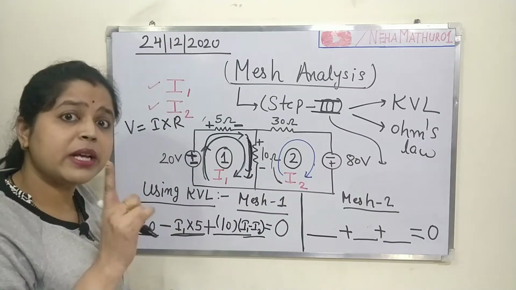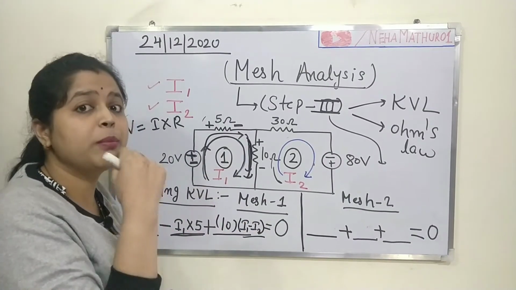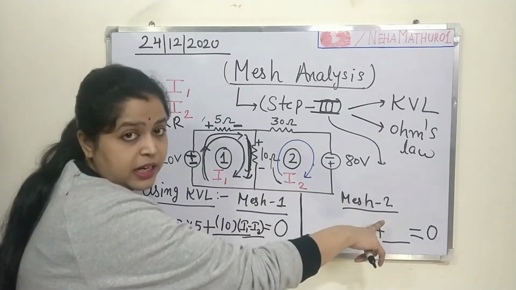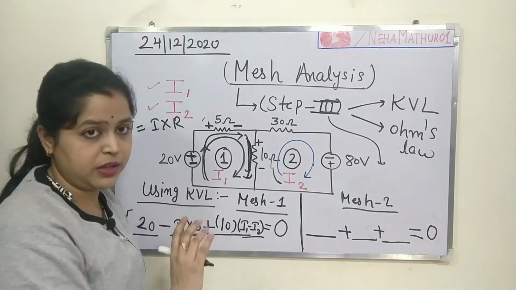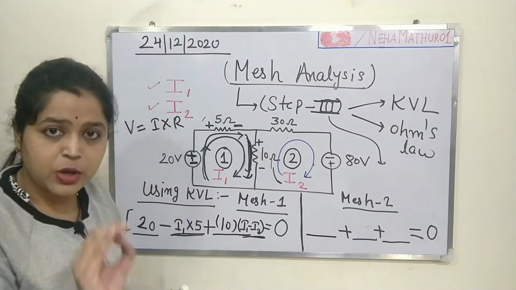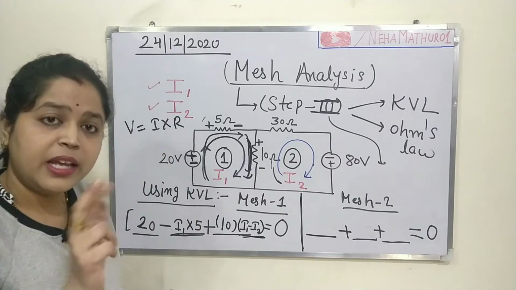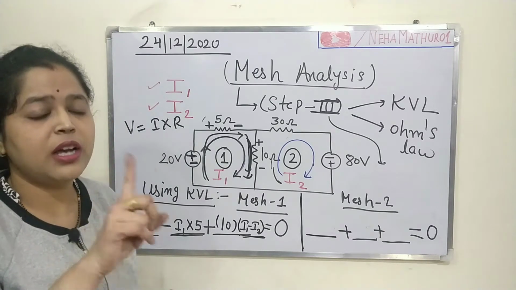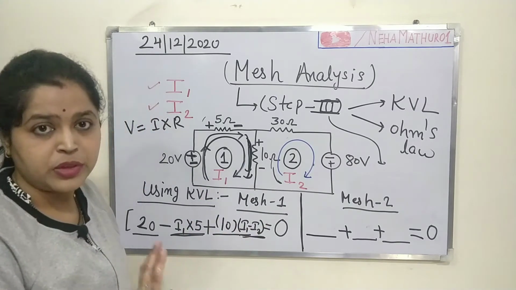Why am I not taking I2 minus I1? Because we are discussing mesh 1. That means mesh 1 is dominant, so I1 minus I2. Once you are done with mesh second, then I2 will be dominant, and with respect to I2 you will have to take I1. So I am again repeating, the voltage drop across this 10 ohm resistor is equal to current into resistance. The resistance is 10 ohm, so it is 10, and the current is a combination of two currents, I1 and I2. If both are in the same direction, you write I1 plus I2, but here both are in opposite directions, so you write I1 minus I2. I hope you got it.